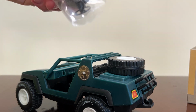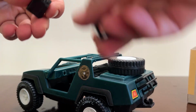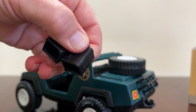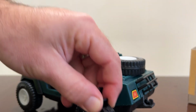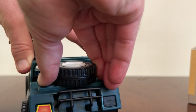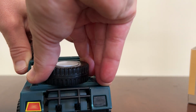Okay, when in doubt, just use the blade. Gas cans. I never had the original gas cans, so this is a rare treat. They're kind of a waxy plastic, not the harder plastic, but the mold is adequately sharp. They've got the filler cap right there. Set those down. A little bit nonsensical. I don't know how you're supposed to put them in with the spare tire in place. Maybe the spare tire can come out. It does rotate, but I don't know if it's keyed just like the launcher would be. And I don't want to...